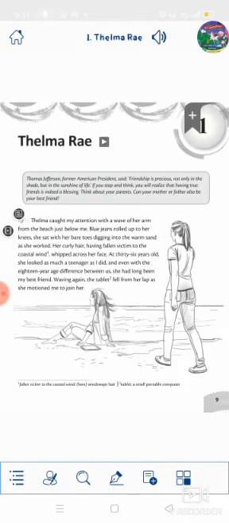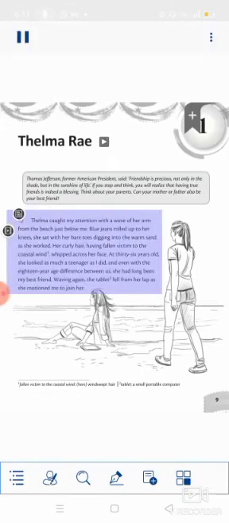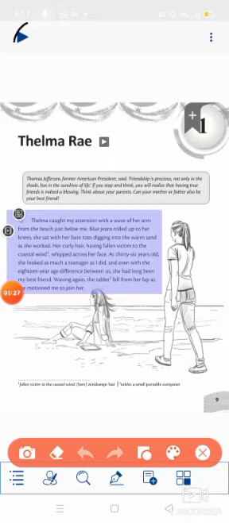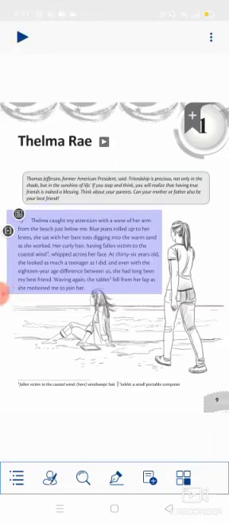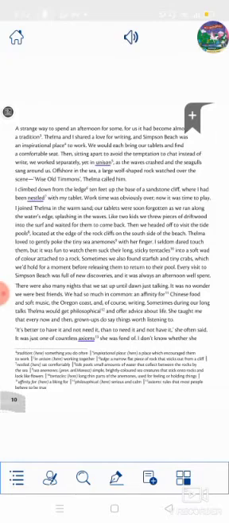Now we can listen to this, like this first paragraph. We can pause it also by clicking on the top. Okay, it's the pause button and the play button. Then we can play it.